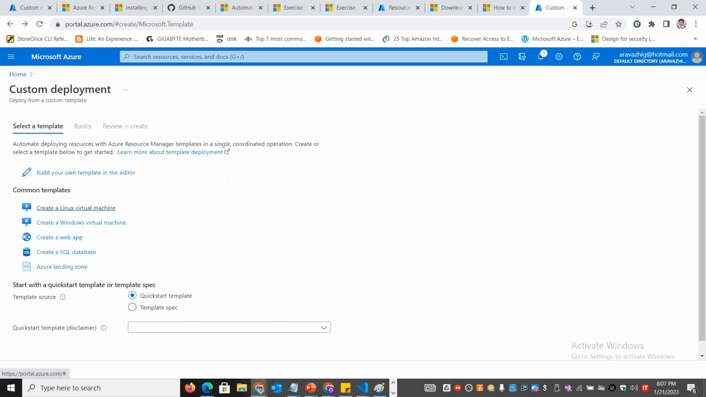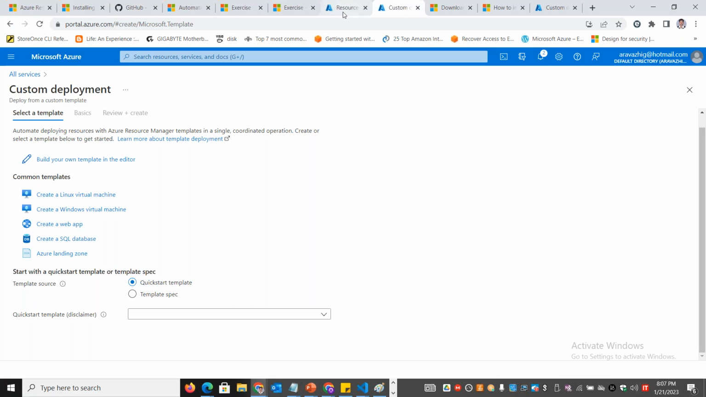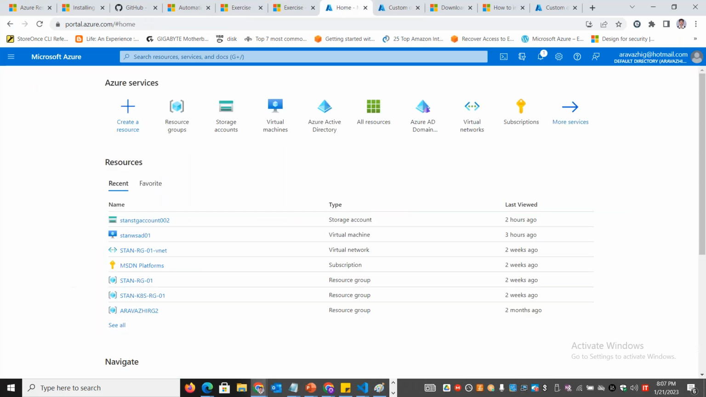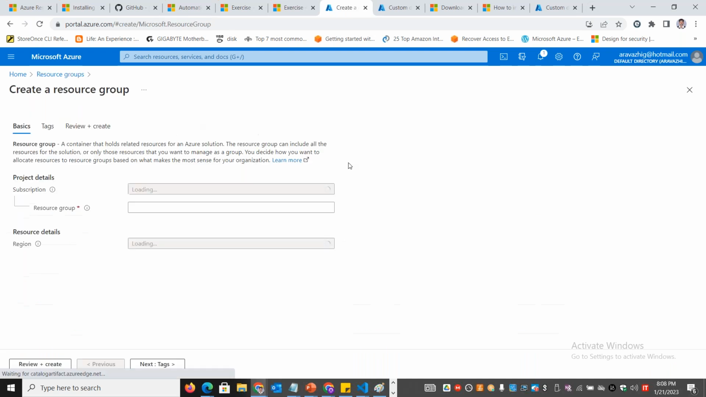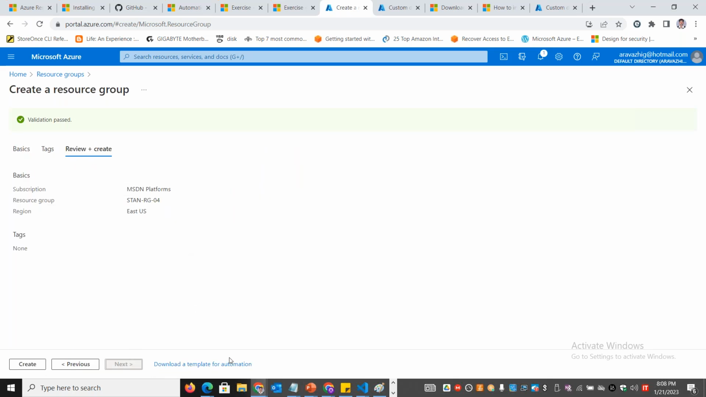Some of you might be interested. I want to understand what other options are available. Let me show you one more interesting thing. If I go and create a particular resource group or a virtual machine, anything that you create, for example a resource group, any resource that you create, I'm not sure how many of you have seen this option. I can give it a name, stan-rg-4. Here I'll choose the region, and then on the very last screen, you also have the option to download